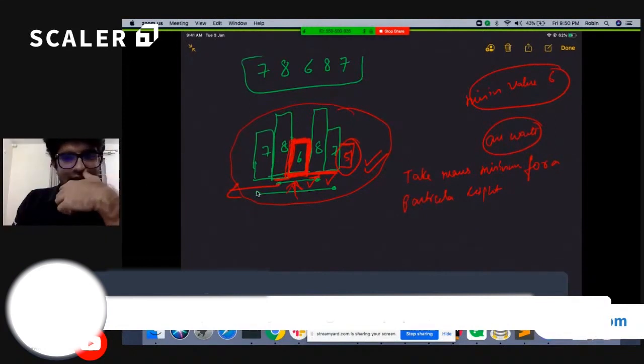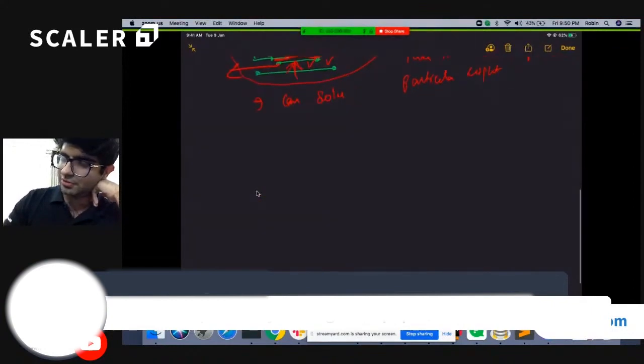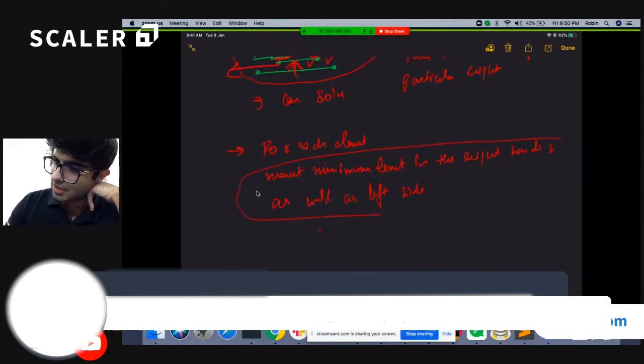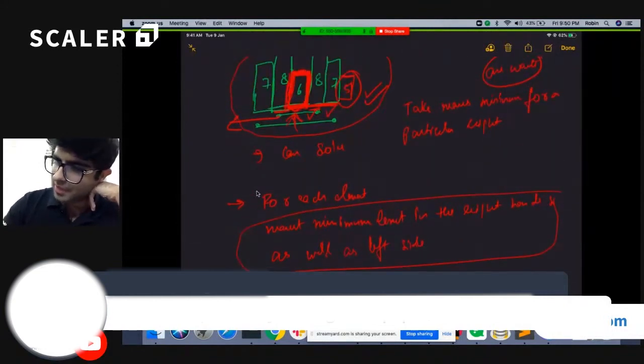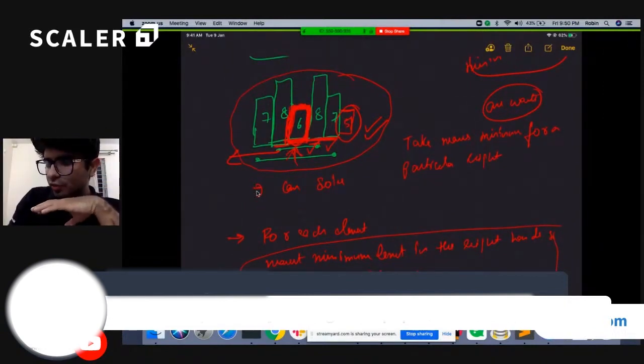So this gives me some idea. If I do it that way, I can solve my problem. This gives me the idea of what I need to do for each element. For each element, I need to figure out the nearest minimum element in the right hand side as well as in the left hand side. Because I can surely say that this will be the maximum contiguous length for that particular element, which will give me the answer. And if I take any smaller contiguous length for that particular element, it is of no use.